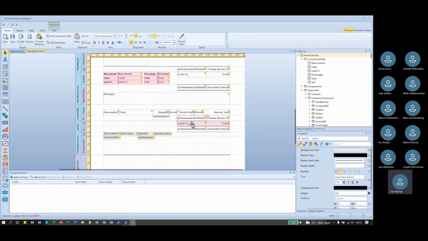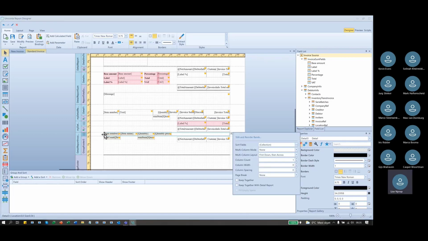And then, of course, we could have these 2 fields. We could just copy them down here. And then we will actually make the same lines as we had in the normal invoice. This is if you would like to list the lines once more, or just to show you how this is working. If you would like to list some of the lines once more, you could set up an expression to show that this line in here,